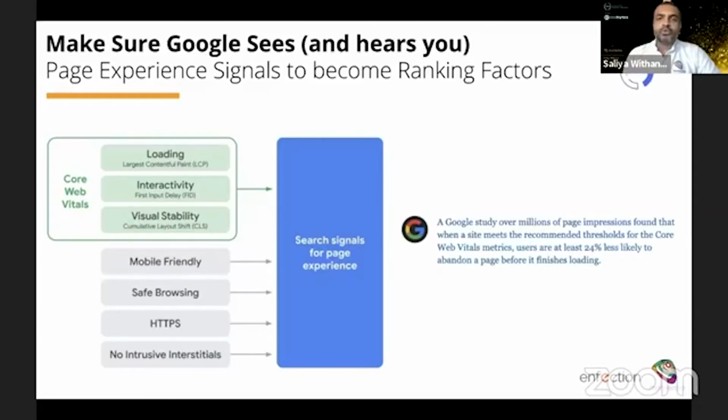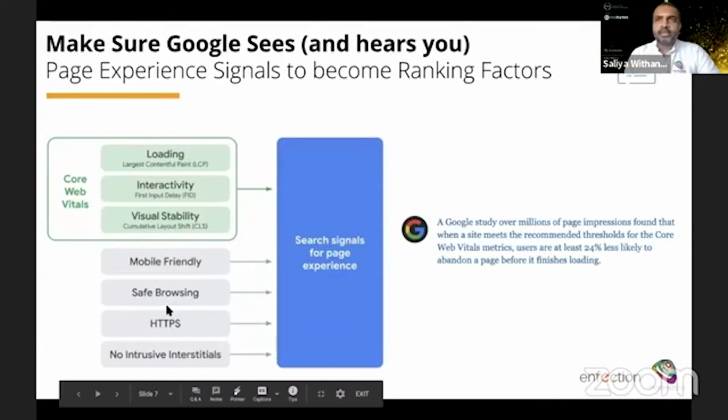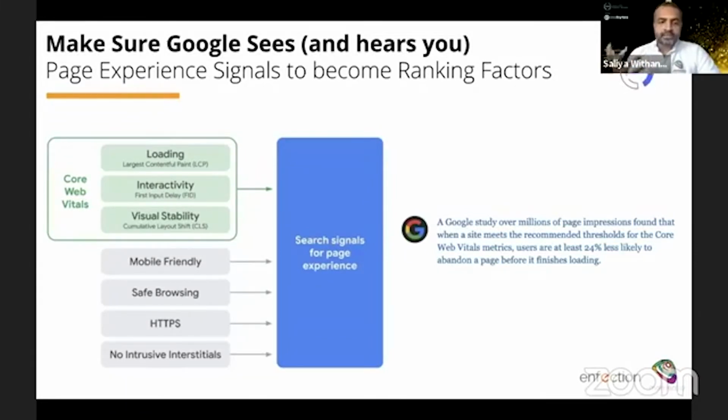There's something called the core web vitals that have come in, I think from May onwards, where Google is actually looking at things. All of us know our site has to be mobile friendly because lots of people watch things, buy things, consume things on mobile. So we know that. We know we need to make the site secure and safe so that in the buyer's mind, they know they are going into a secure environment. We can't have any intrusive interstitials or pop-ups. Google doesn't like it. We know that.